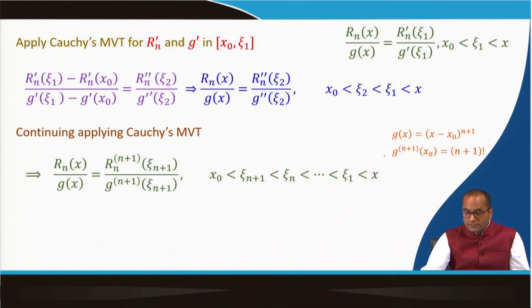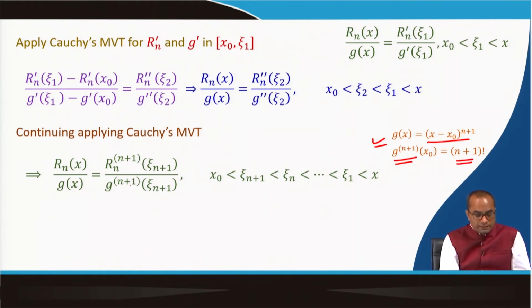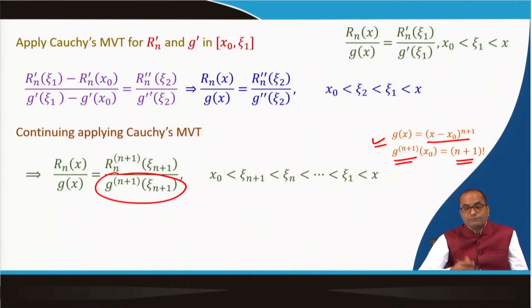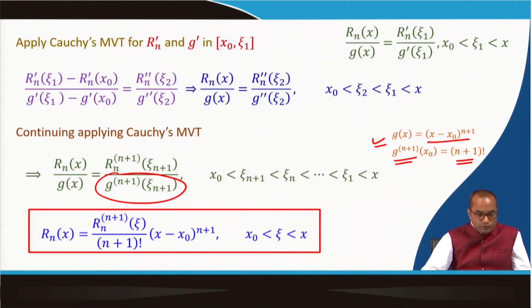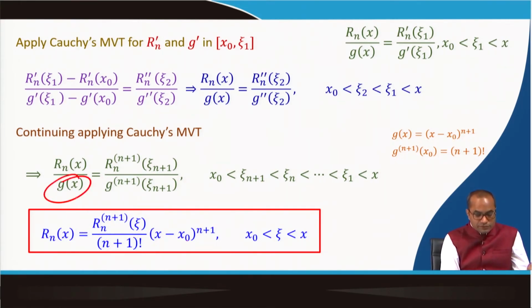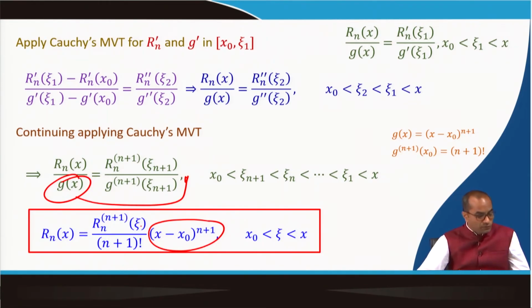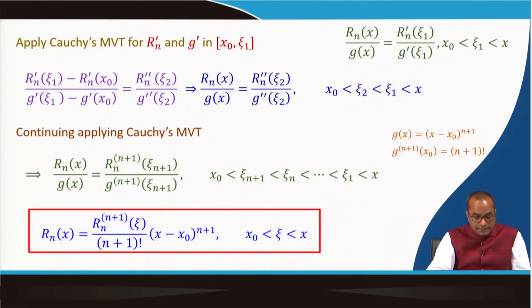So just recall that g(x) was (x - x0)^(n+1) and its derivative is just (n+1) factorial. So we can replace it here by the factorial (n+1). So what do we get? We get Rn(x) is equal to the (n+1)th derivative divided by this factorial (n+1), and this g(x), which goes to the right hand side, here we have (x - x0)^(n+1), and this xi which we have